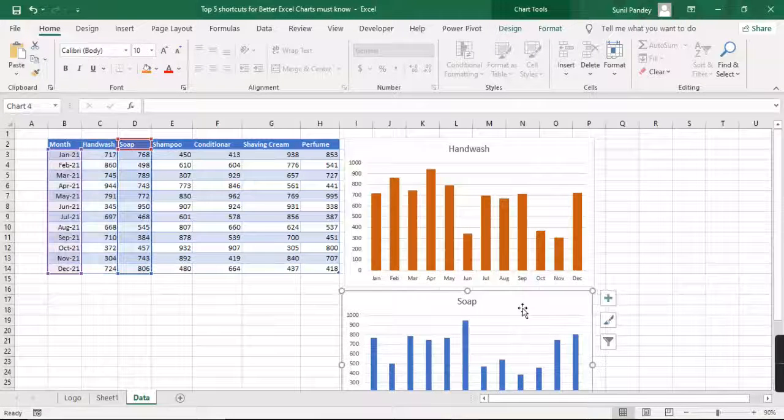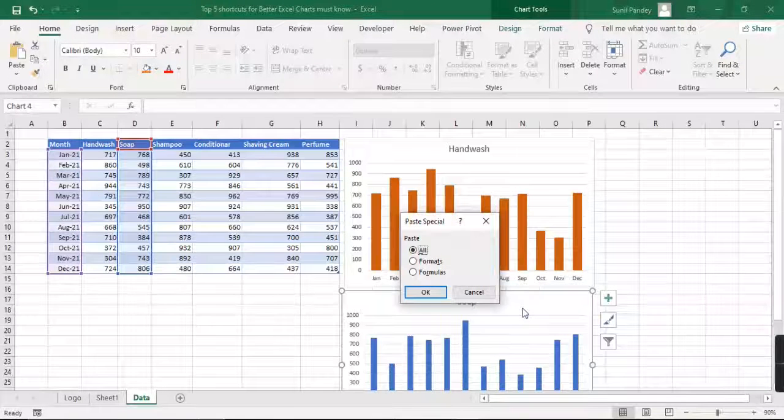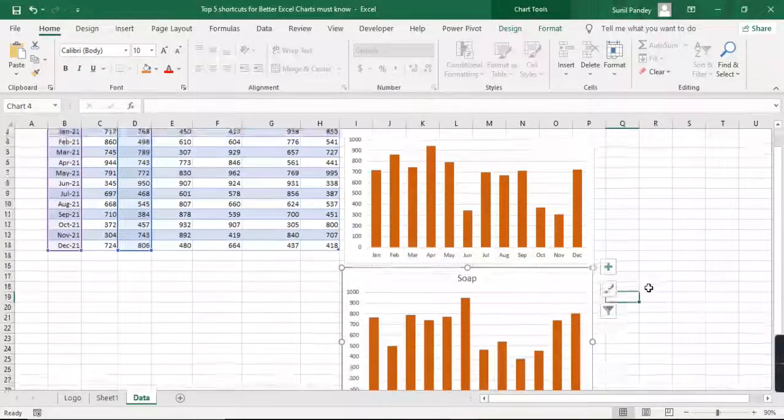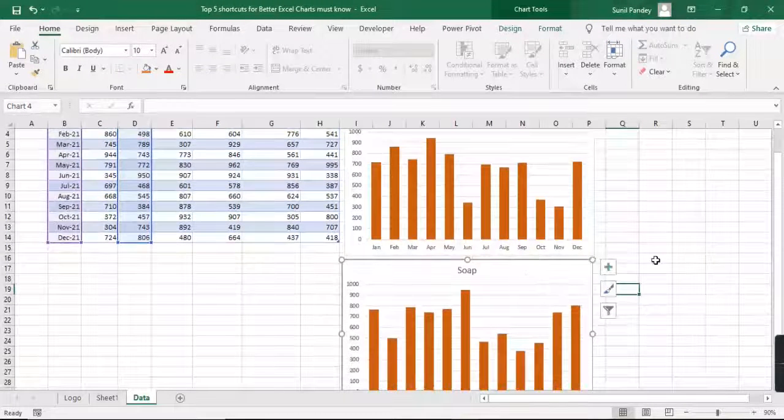and select that chart and press Alt E S and now press T, click OK. Okay, this is super easy.